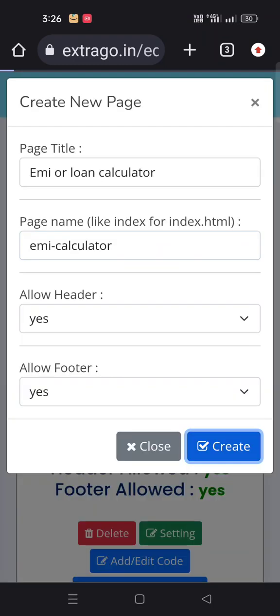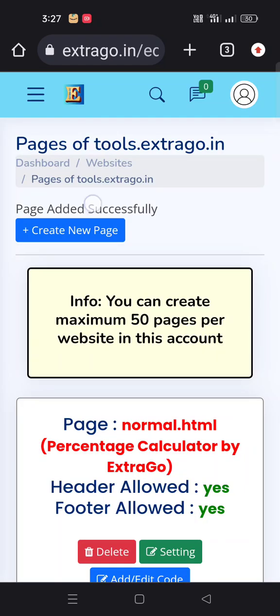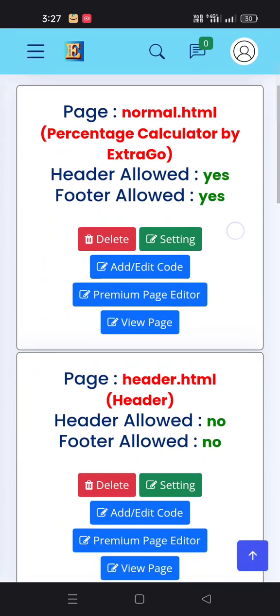Press the create button. The page is successfully created, as you can see on the screen. Internet is a little bit slow. Page added successfully. As you can see, the website is showing page added successfully.